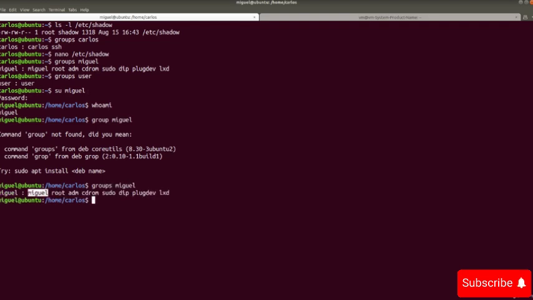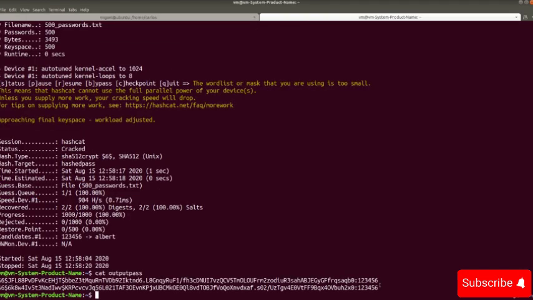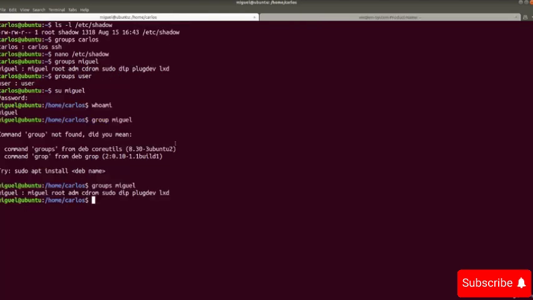You can see that Miguel is in the Miguel group, root, adm, cdrom, sudo, dip, plugdev, and lxd. So you can do a lot of stuff with this user. And then the other password, which one was for the user, it basically has the same password. So you can go ahead and do a su